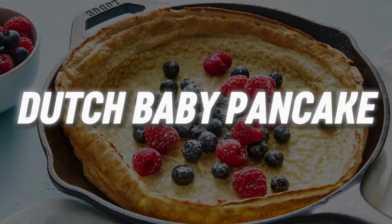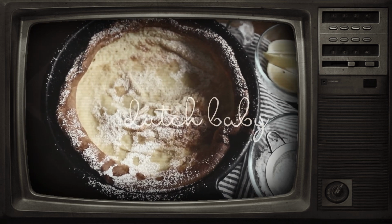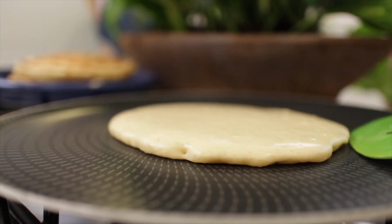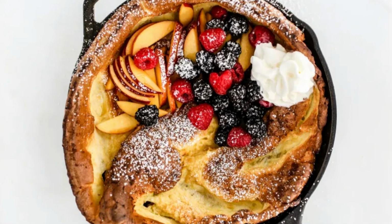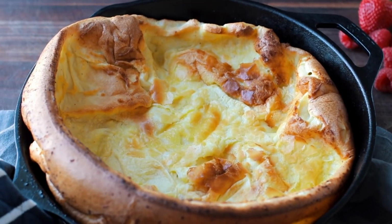Number 12. Dutch Baby Pancake. It's actually so simple that you could easily make it a weekly thing. Today I'm going to show you a real showstopper of a recipe called Dutch Baby. If you wanted to impress your brunch guests in the 1970s without spending hours flipping pancakes, the Dutch Baby was the answer. This oversized oven-baked pancake puffed up dramatically in the oven, creating a crisp golden crust with a soft